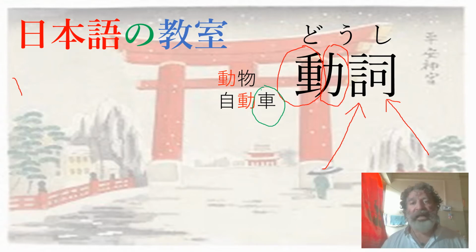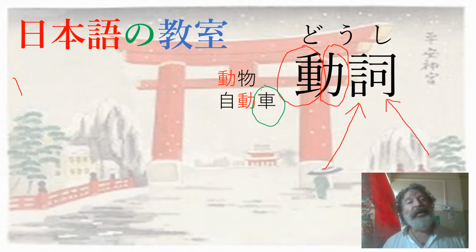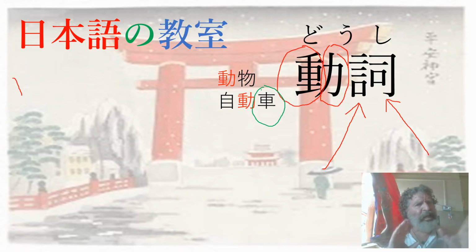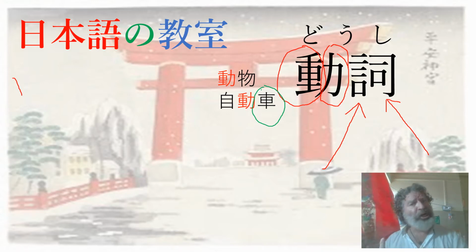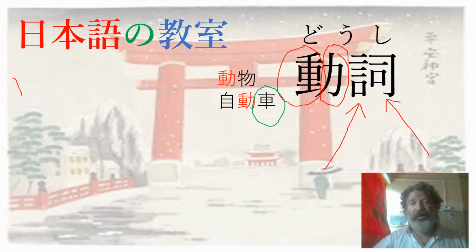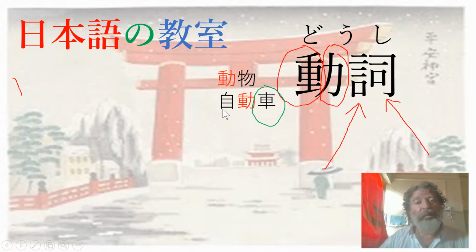I also told you parking lot, chushajo. Parking lot, sha, kuruma, jidosha. So jidosha is a very commonly used term, just as common as automobile. And it has the same type of feeling. Automobile is more formal than car. So jidosha. And it's something that moves by itself. This ji is self, a self-moving vehicle.